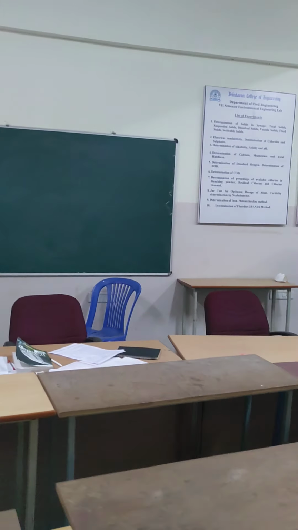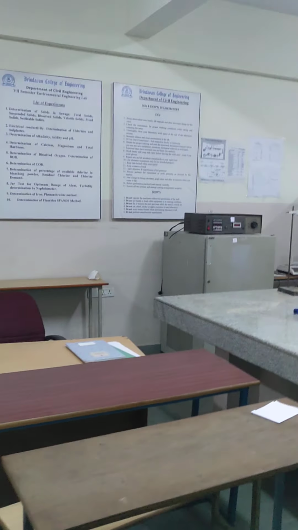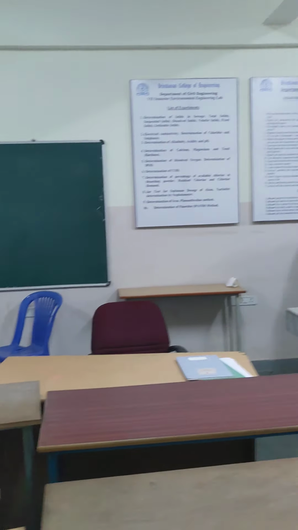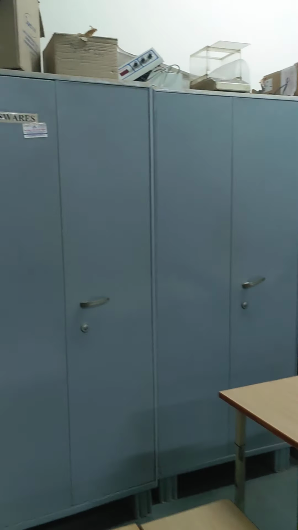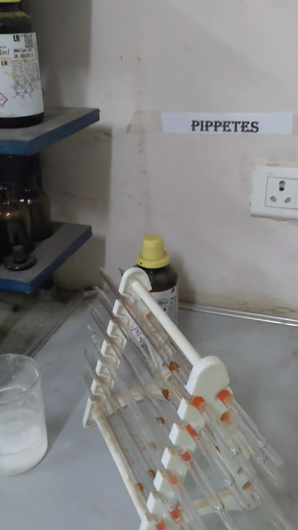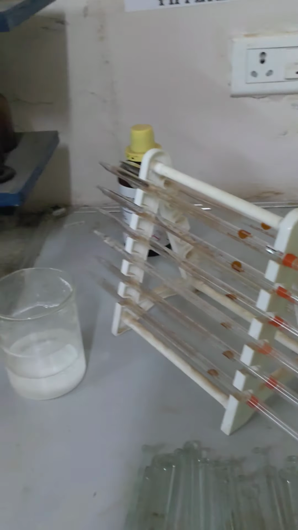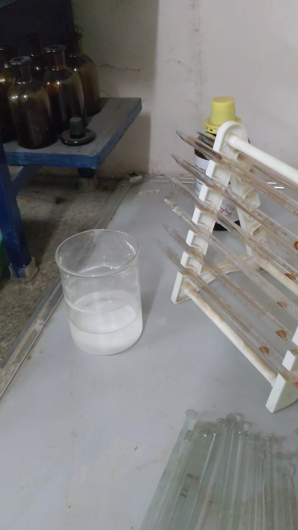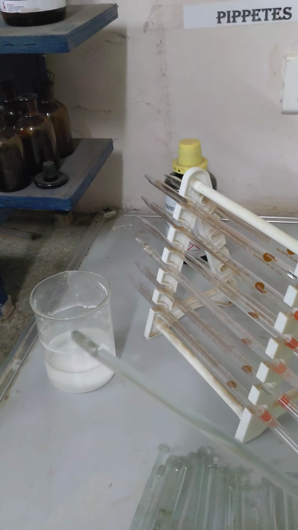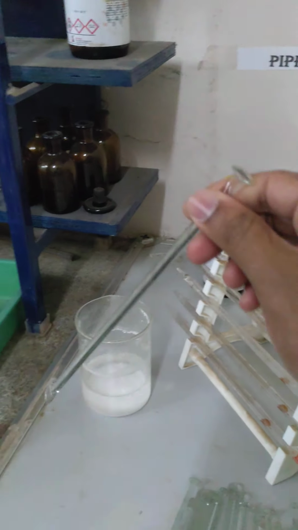Okay, this is your lab. You'll be sitting here, but unfortunately, it's a virtual lab now. So I will take you now through all the terms that we use, all the apparatus. This one we call pipette, and this is for mixing. This glass rod, we use just to mix anything.